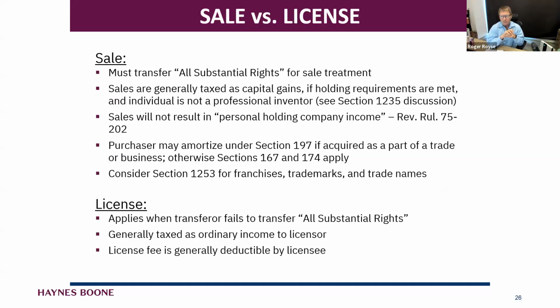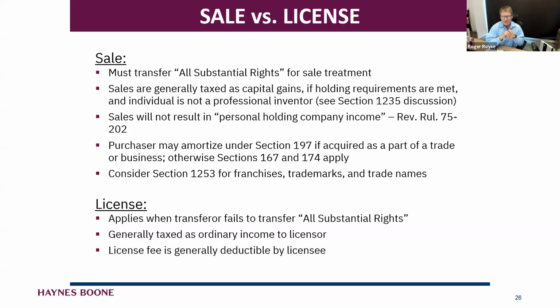California doesn't give you any break at all, but federally it's 20% instead of the potential 37%. So it's important to qualify. When it comes to intellectual property and sales of IP, we have to have a sale of what they call all substantial rights. And we have tons of litigation over what that means. And then there are other requirements, the biggest one being the holding requirement. So to be a capital asset, it has to be held for a year. And then there are a bunch of special code provisions relating to specific types of IP.